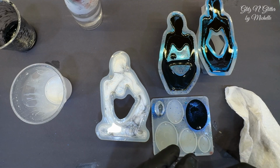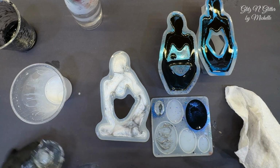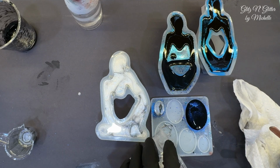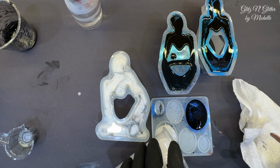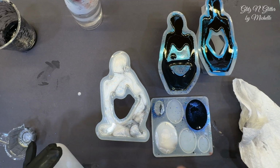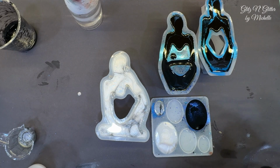Let's see. Just gonna squash that around there because that's all I have left, and pour some white over it. And if it doesn't come out good, then it doesn't come out good. No big deal. All right, I just got a little left. Let me figure out what to do with it, and I will be back as soon as the coasters are